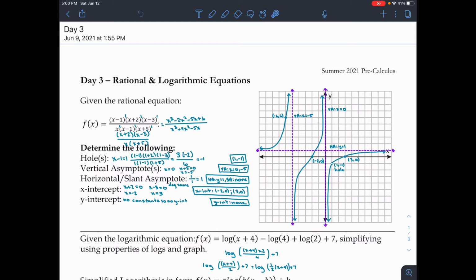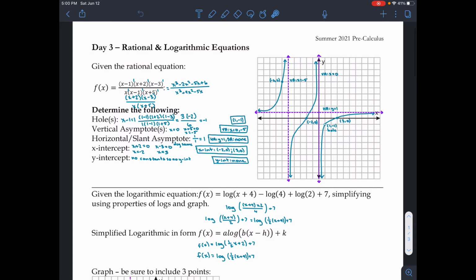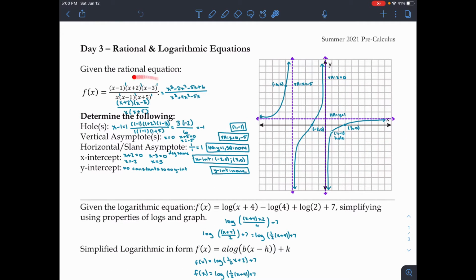Okay, so this is day 3 of the worksheet, and we have this rational function, and we have to find the holes. To find the holes, we have to factor it out. It's given to us in factored form, and then we look at the numerator and denominator to see which term can be cancelled. In this case it would be the x minus 1, because it's in both the numerator and denominator. So we take this x minus 1 and set it equal to 0, and that means x would equal